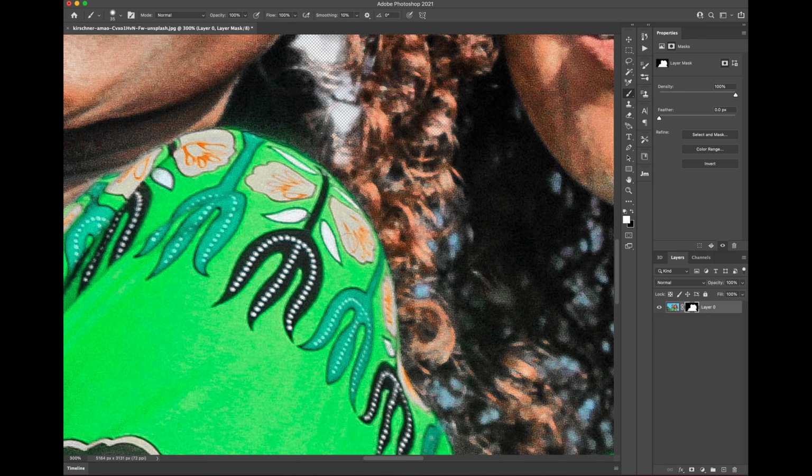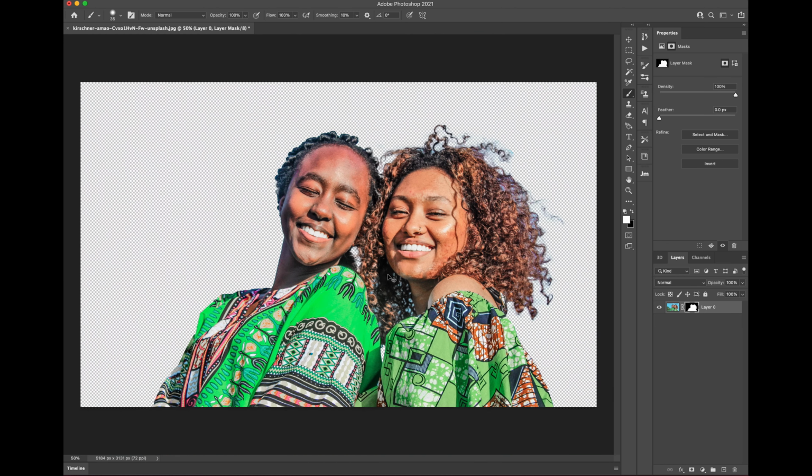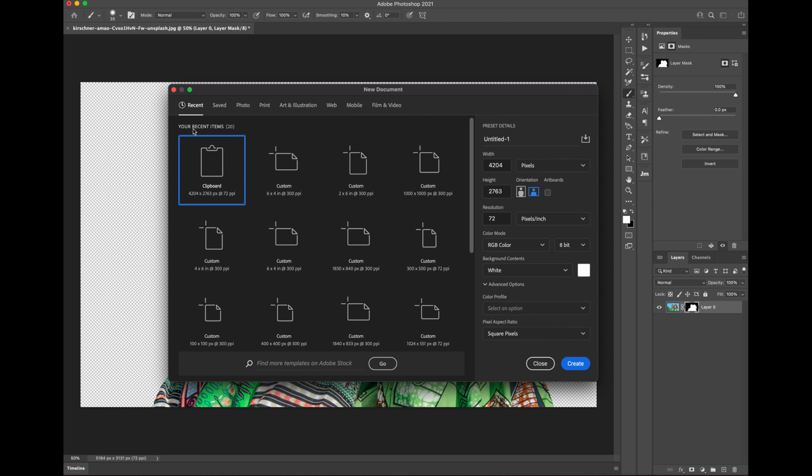Okay, once you're all done and you've removed a lot of the background that you don't want to show, if I come back out, now we're ready to use this on the actual template. I'm going to press Command N to make a new document, and I'm going to use this. This is just a common one that I use for a lot of other templates. I'll go ahead and press create,